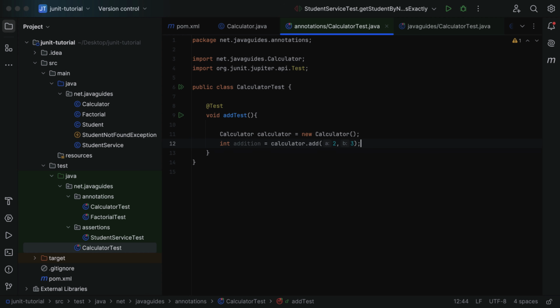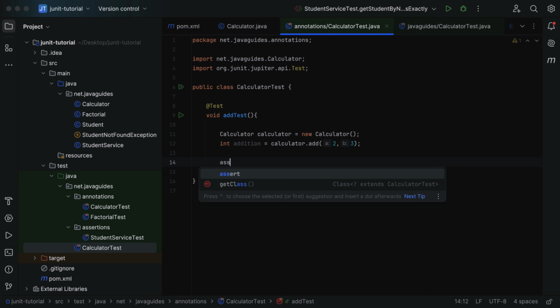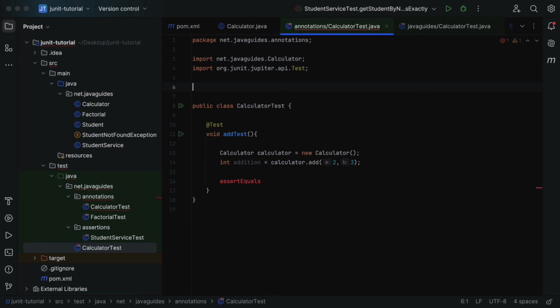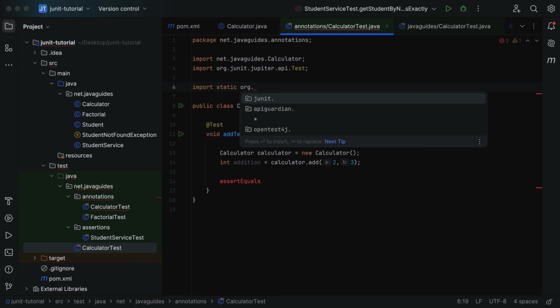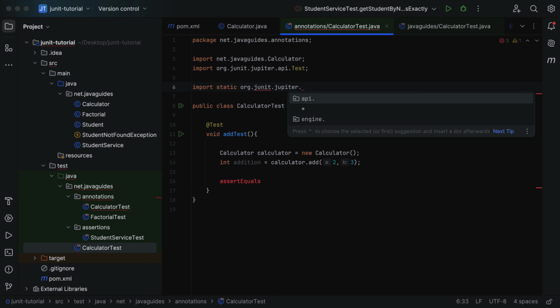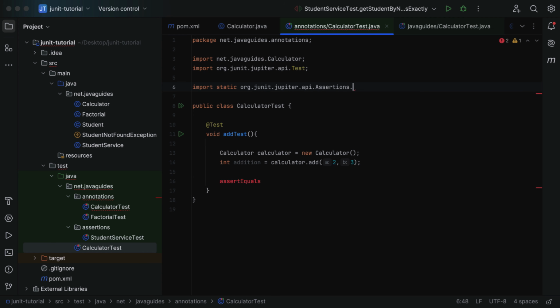Next let us use the assertEquals method to verify that the actual result is equal to the expected result. So here just type assertEquals, and look, the import is not coming. If the import is not coming, then we can explicitly import this assertEquals method. And notice here assertEquals is a static method, right? And this method is from the Assertions class. So here just type import static org.junit.jupiter.api.Assertions.*